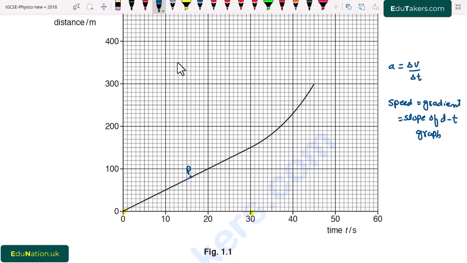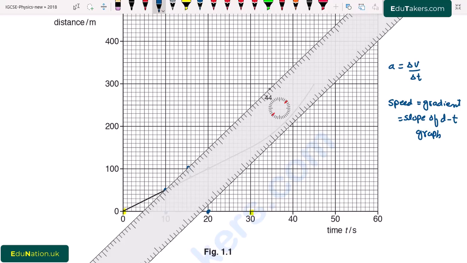So from 0 to 30 seconds it is a straight line. We take any point on this line and find out the slope. It will be equal to the speed of the car. So I take any 2 points. I suppose that I take t equal to 10 and t equal to 20. So these meet the curve at this point, and I have to join both of these points with the distance and time axis. So using a ruler,